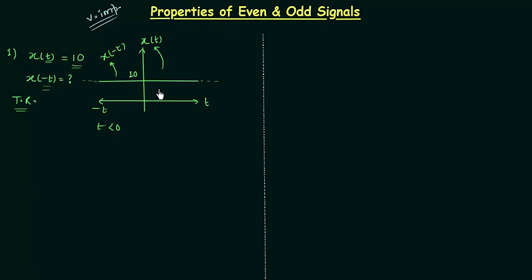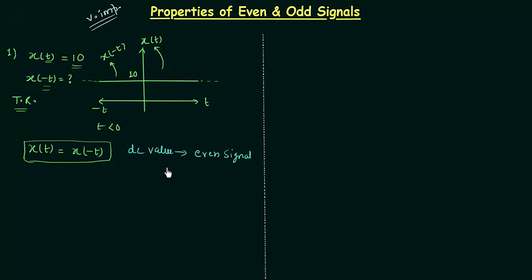And when we compare the two waveforms, we can clearly see they are mirror images about the y-axis, or we can say they are symmetrical about the y-axis. So after performing the time reversal, the two signals are symmetrical about the y-axis, and this is the property of even signals. And we can also see x(t) is equal to 10, x(-t) is also equal to 10. So x(t) is equal to x(-t), and this is the property of even signals. Therefore DC value is an even signal,